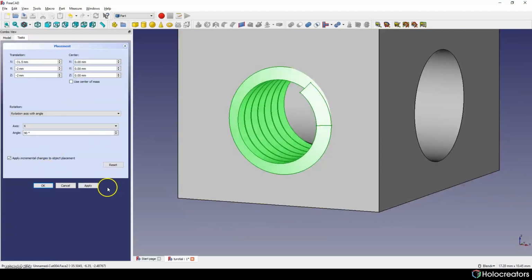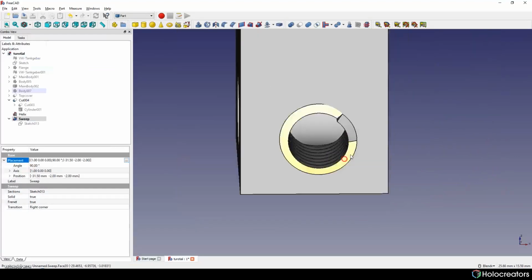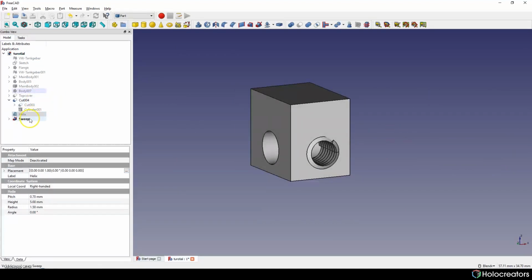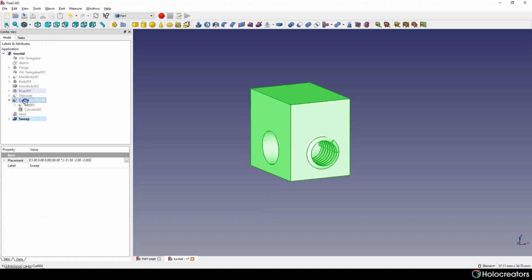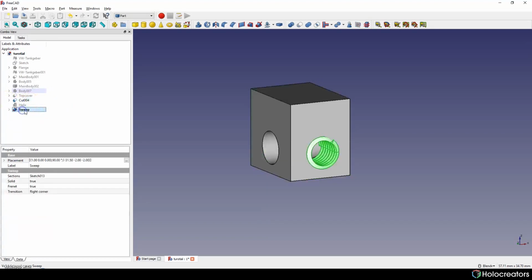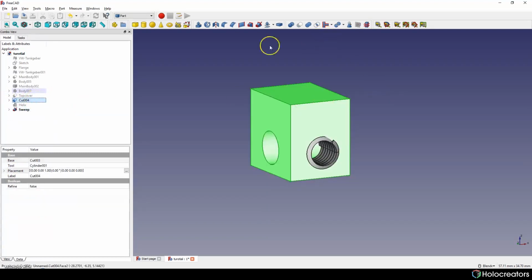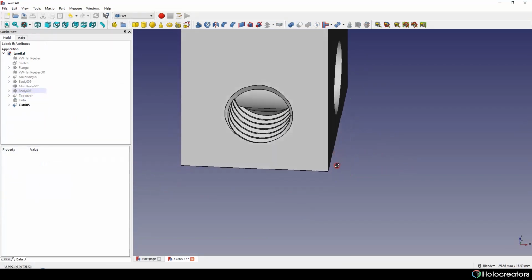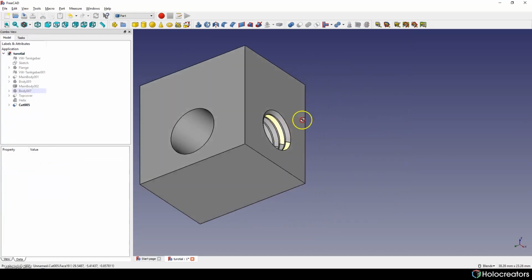Now it looks correct. So we hit apply, we're almost done, only need to cut off this sweep tool from our cube, and we hit apply, and we have a screw hole here.